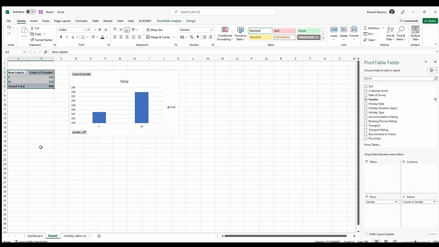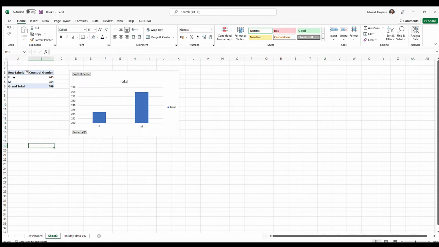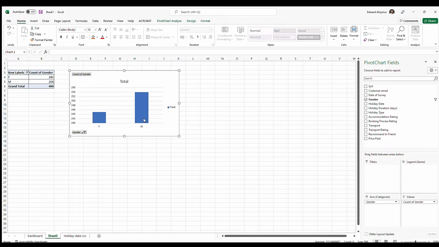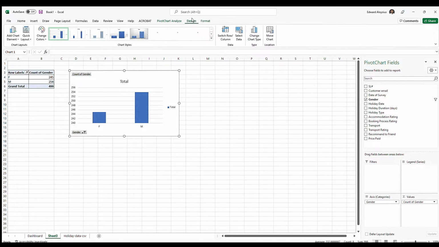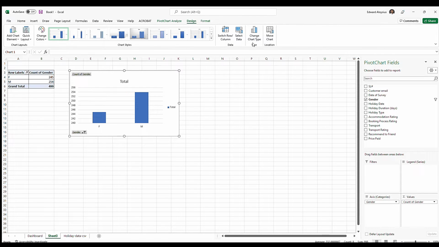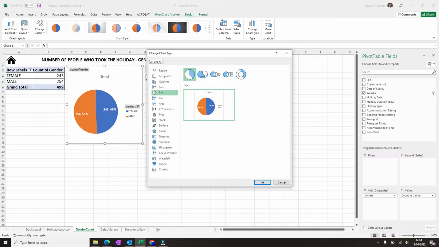So the rest is just cosmetic. This is the main data that you have. You can just draw the borders, and here it is giving you a bar chart. So to convert this into a pie chart, you just need to click on the chart and go to design. Sorry, not design. Yeah, design, and then if you look at this place, change chart type, click on that, and here you would see the pie chart. When you click on pie chart,